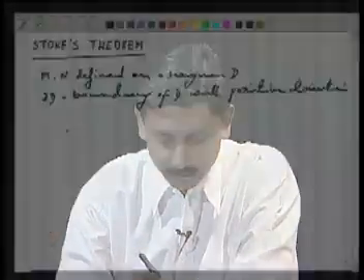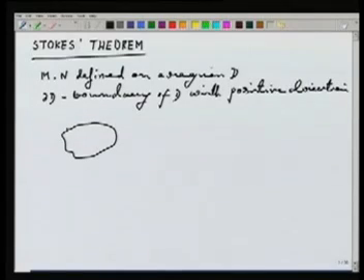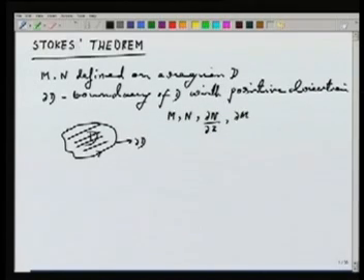That is, if this whole thing is my region D, and if I want to keep the region on the left, I have to give this boundary this direction. With this direction, this thing is called delta D, that is the boundary, and the inside region is D. Now if I have further conditions on m and n such that m, n and the partial derivatives del n del x, del m del y, these are continuous,